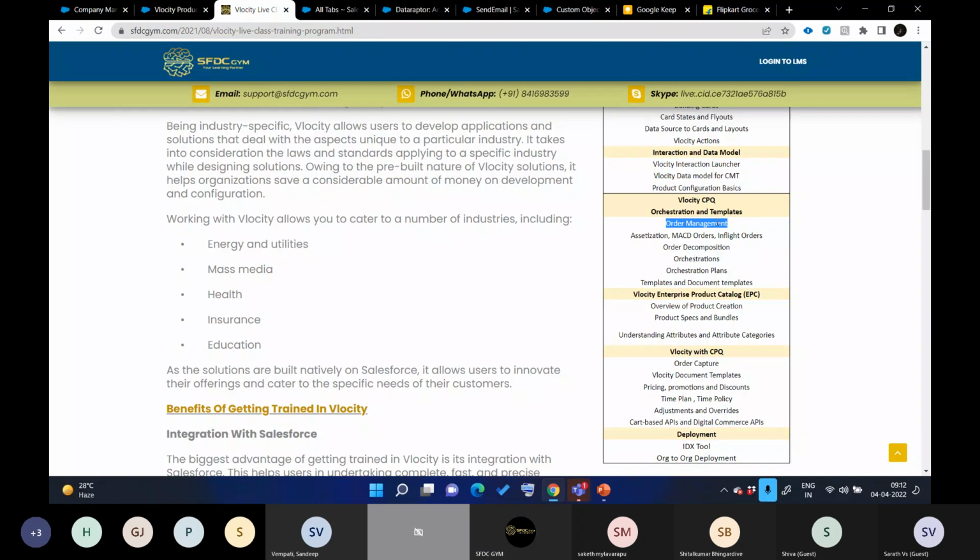And believe me, there are 20 to 30% of the customers that I have worked with who only want to use this order management. They are not interested in CPQ, they're not interested in EPC, they just want order management. That's why they are using it. Additionally, for the UI and for storing data, they are using third party. For Velocity, they are just using order management. That's right. In my company also, we are using that.